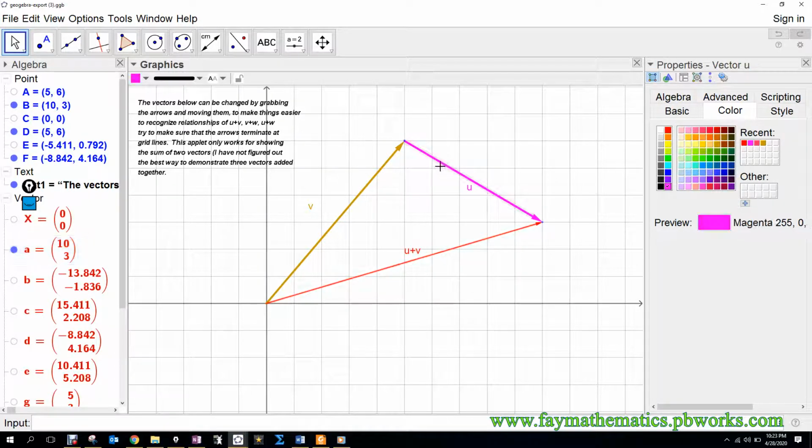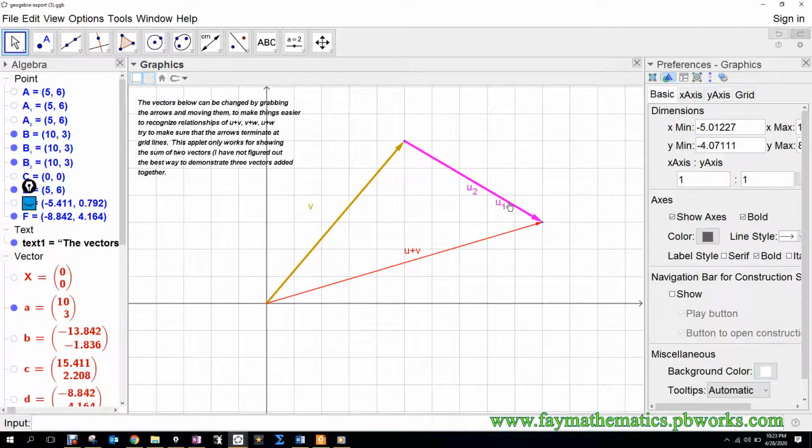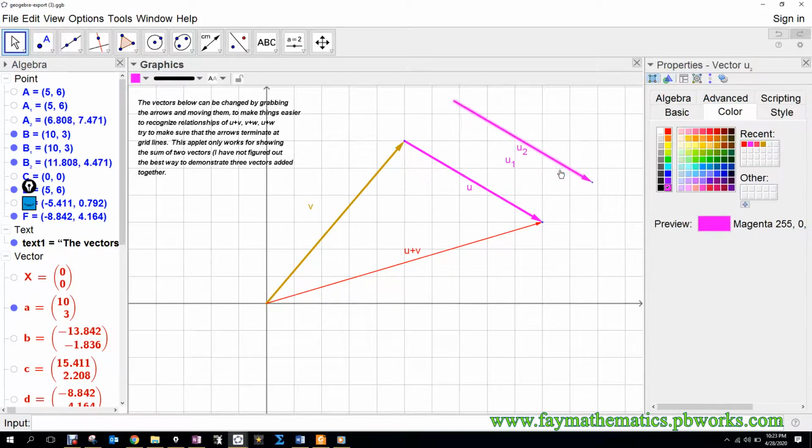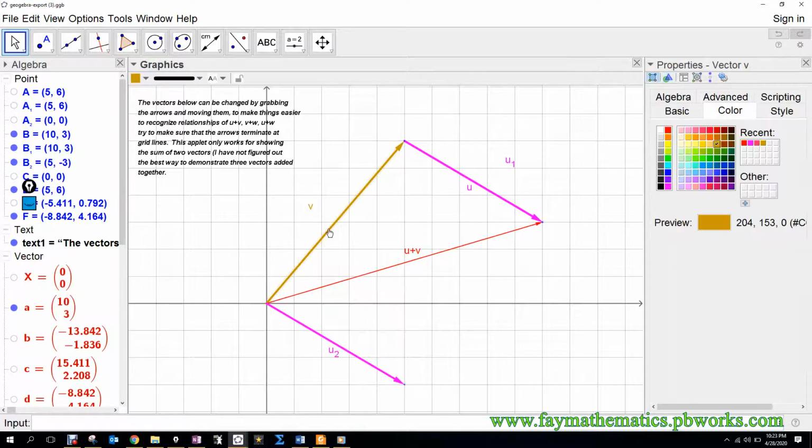Okay, so this is sometimes called the triangle property of vectors in vector addition, but a lot of times it's also called the parallelogram property because we can do this. So I'm just going to cut and paste here and get another vector of u. I think I got a couple here, but it doesn't matter. But if I do this and then cut and paste this one,